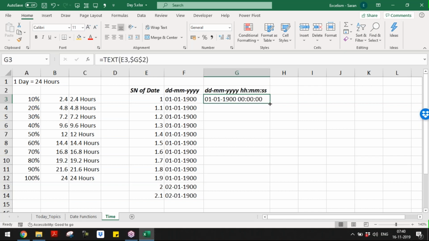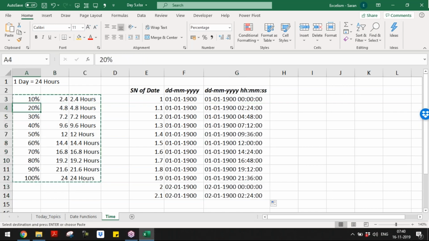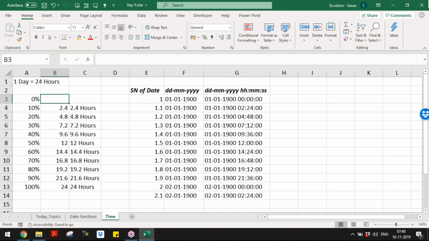Now if I copy and paste below, how many hours got increased? 24 hours. So 2.24. If I further drag it down, you can understand the concepts better now. Try to understand. 0%, just for the understanding.